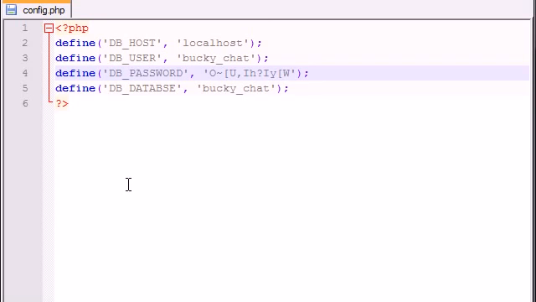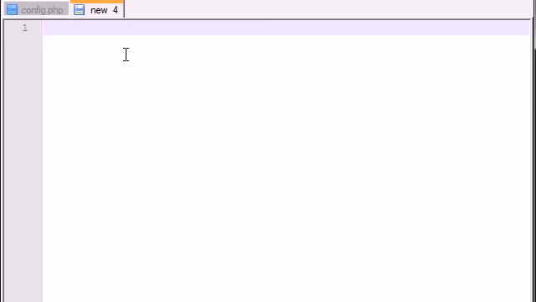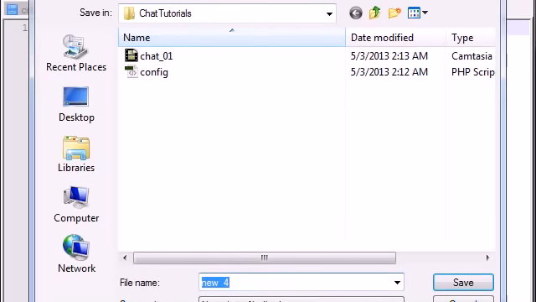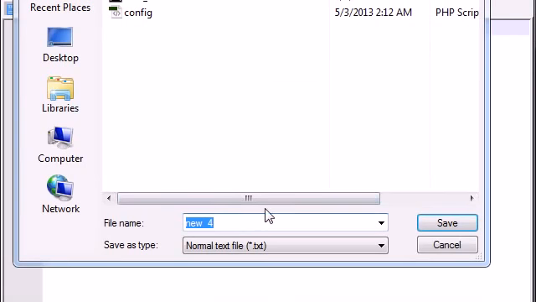Or a better option is actually just creating an SQL file and importing it, because that way if you ever want to give someone the source code, all you have to do is hand them off the SQL file. They can go ahead and import it, boom, roasted. And it's also good because you learn a little more about how to create tables in SQL language. So go ahead and create a new file and press save as,